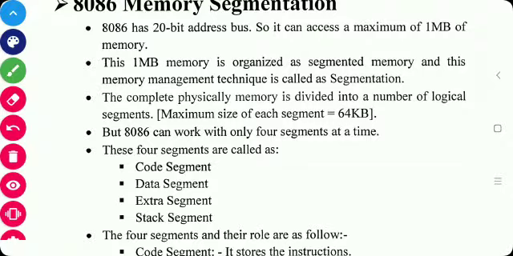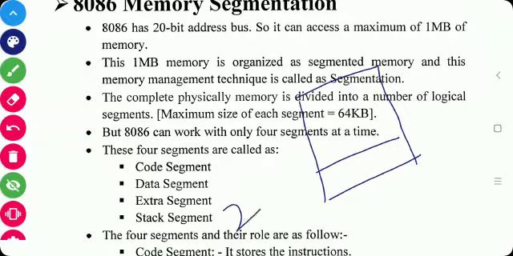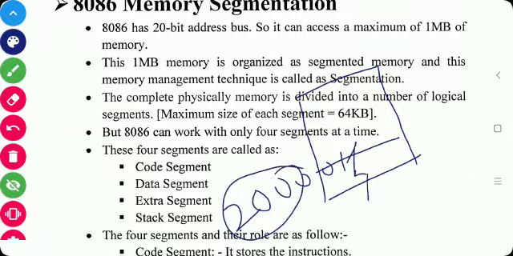As we know, there is no register to hold the 20 bit address, but we have to generate the 20 bit address by using the segment registers and offset registers. In the register organization, we have seen the functions of the segment registers and index and pointer registers. So what is the function of the segment register? Segment register holds the upper 16 bit of the base address. Base address means the starting address of the segment.